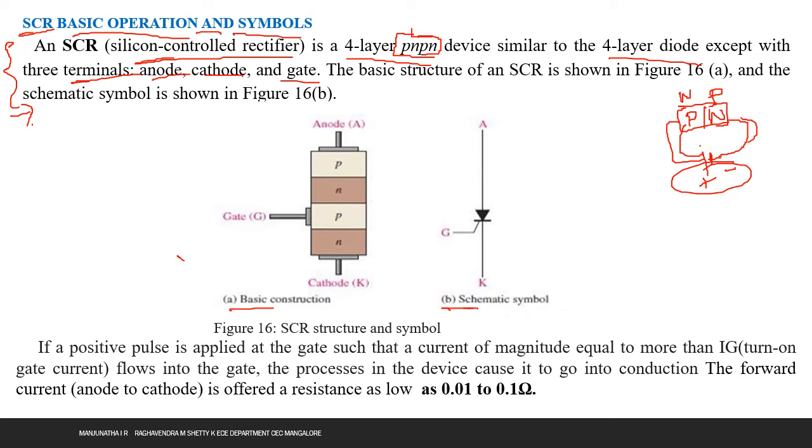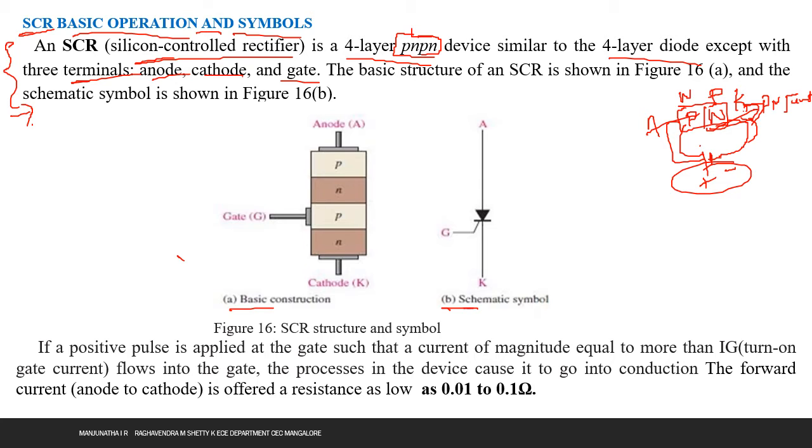Similar to that, we also have to observe that between the P and N we have a junction, or a depletion region. That is the PN junction. There is only one junction we can observe, and this is the anode and this is the cathode. Similar to the diode, the SCR also has an anode and